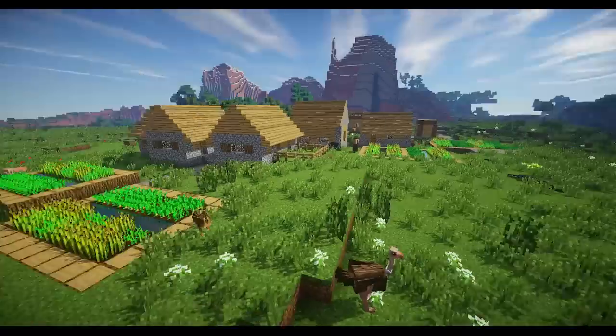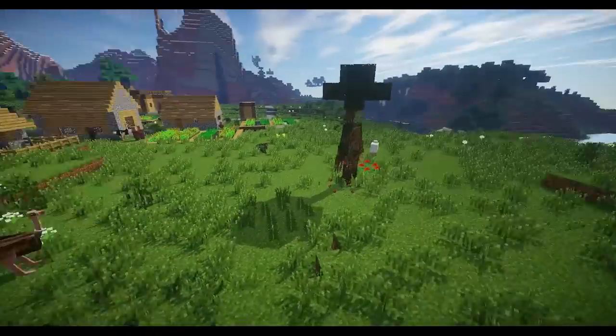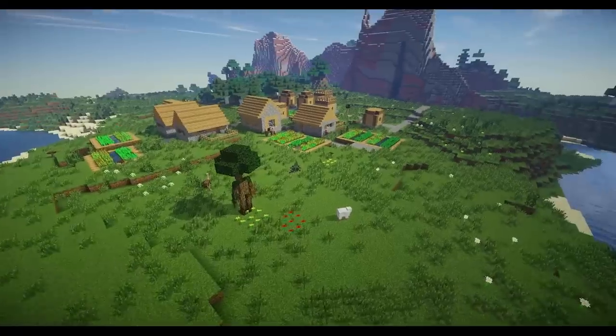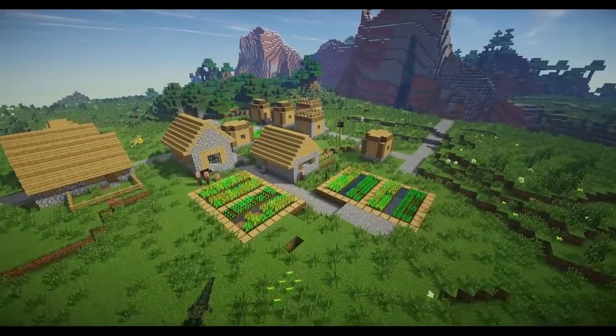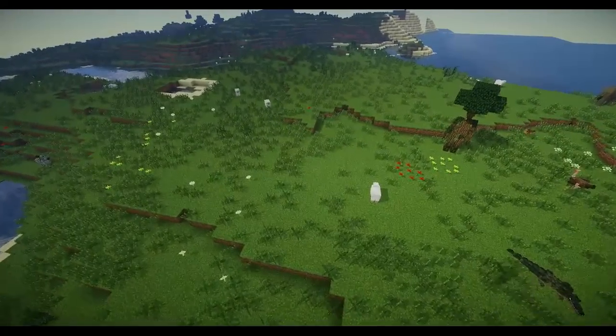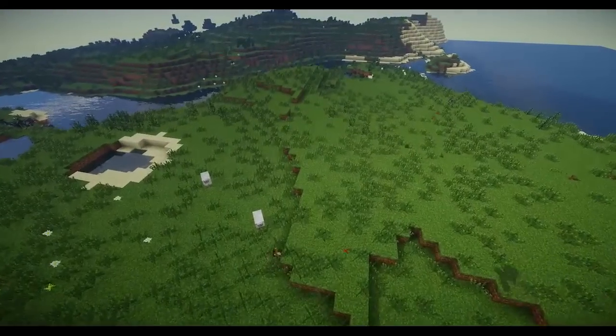Now, the last thing that I need, and this is a little bit of a tall order, I'm looking for a really good seed to play on. Ideally, I want a nice big wide open plains to build the zoo so we have a lot of room. I want to put the Nether portion of the zoo in the Nether and the End portion in the End. So if we could find a plains that has a stronghold underneath it